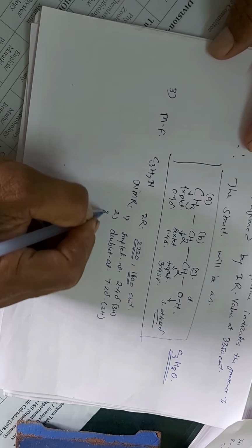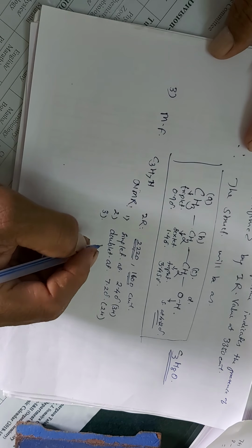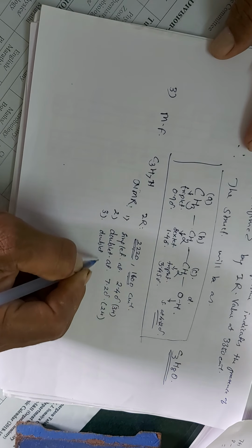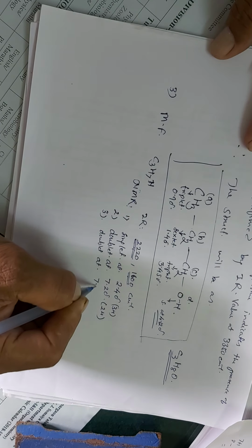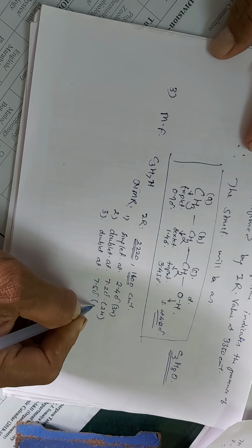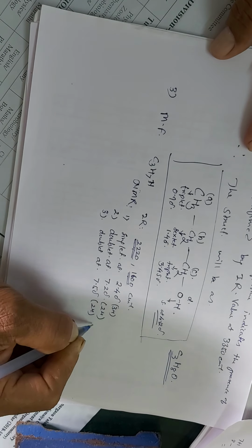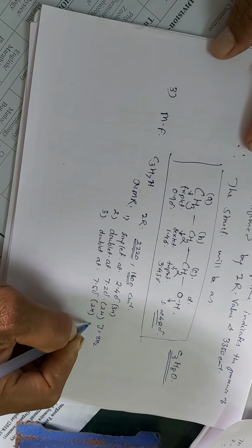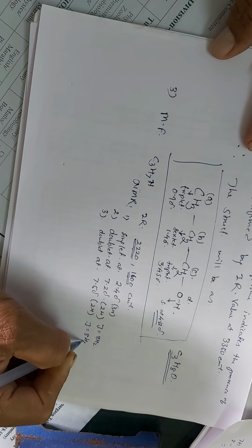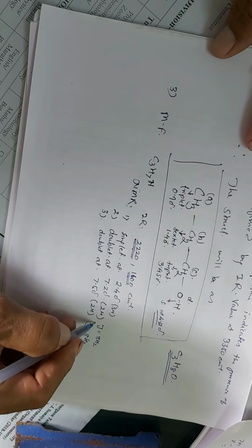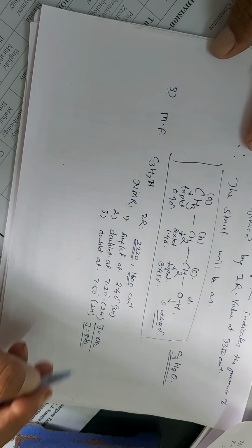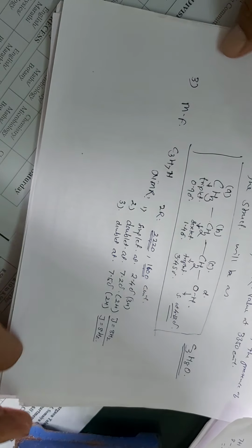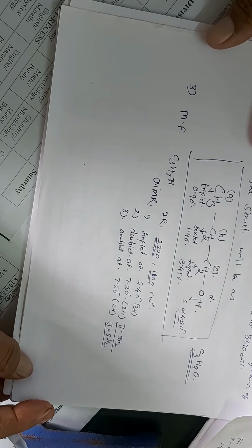And third, it gives a doublet at 7.5 del for 2 protons, and for both the J coupling constant value is 8 Hertz. And so when this coupling constant value of 8 Hertz indicates the vicinal coupling, so while just writing the data,